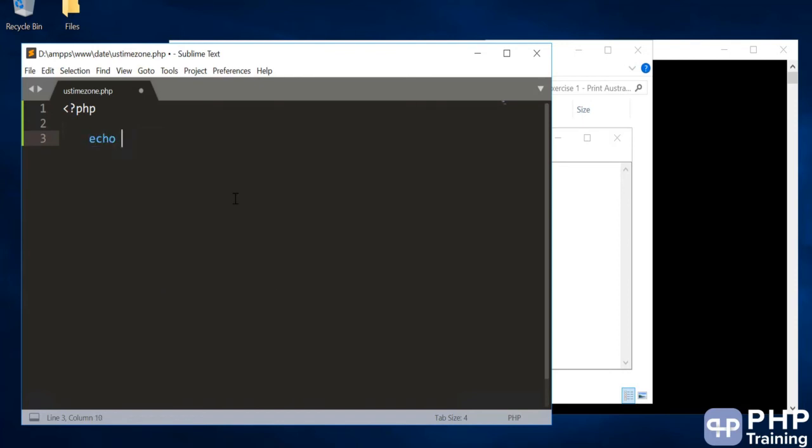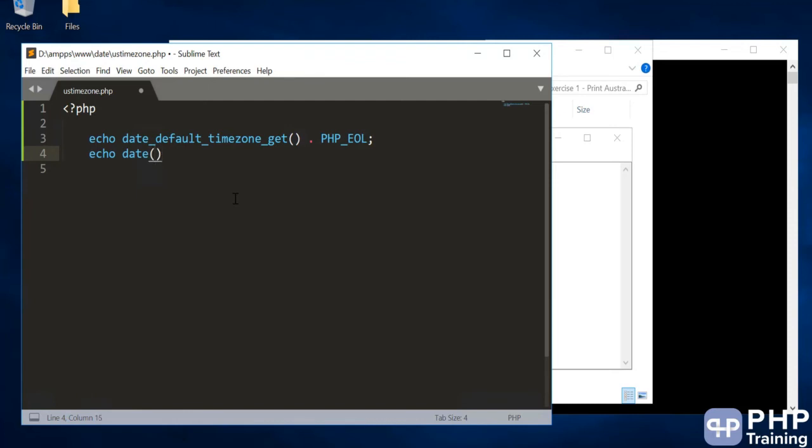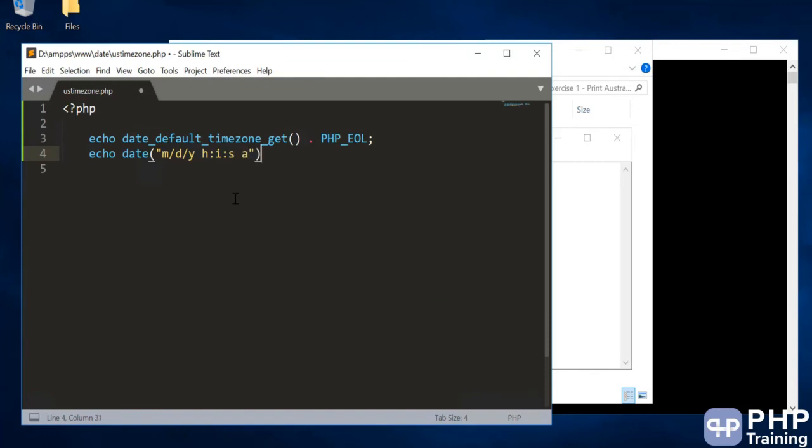So first let's echo the date default time zone get. We are trying to print the default time zone first, just to understand what our default time zone is. Then you can format the date to, let's say, m/t/y and AM or PM.